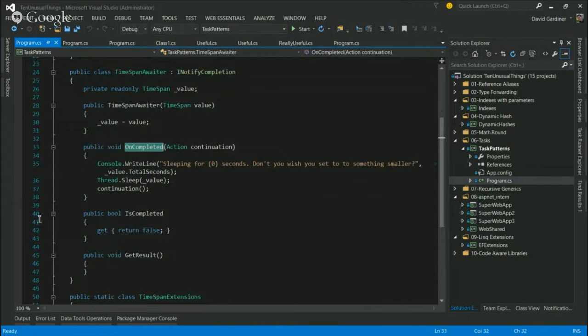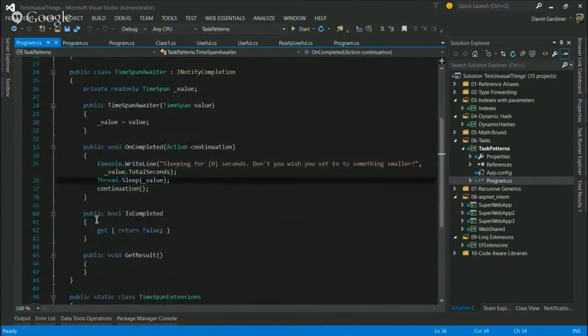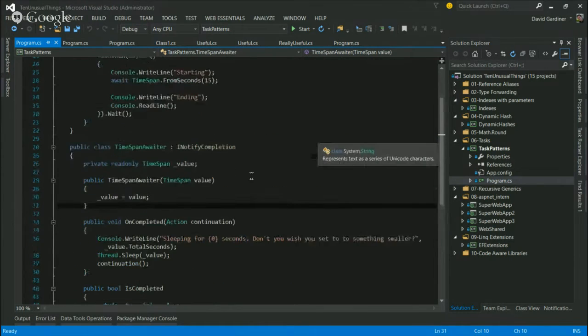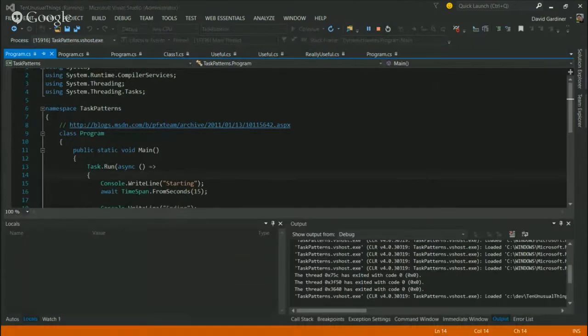And you can see inside here, this is where we're going to do a sleep. So this code, we're going to await our TimeSpan FromSeconds, and we're going to sleep for 15 seconds, and then carry on. That's what our functionality is here. In order to finish making this code work with async await, we've implemented a couple of other methods. These are the ones you just have to implement. They're not part of the interface. So if we run this program,